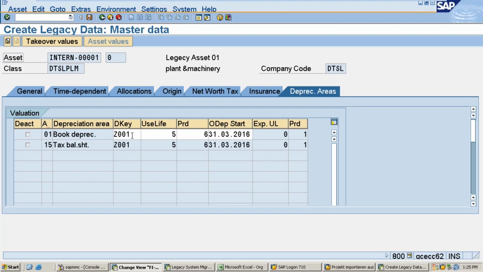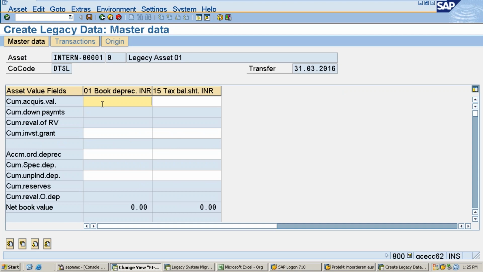Same way. But apart from these two segments, one is the master data segment and another the depreciation data segment, there is one more additional tab called data takeover values. Just click on this takeover. Ten years back in the Oracle system, I purchased this asset master account for 2 lakh rupees. Now for 10 years we have completed almost 1,50,000 rupees of depreciation. Now this is the net book value.